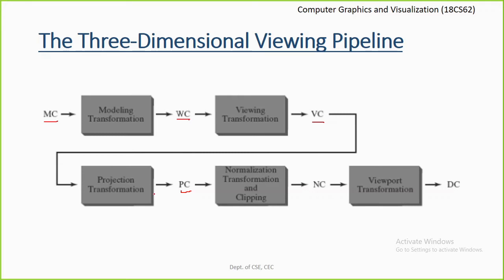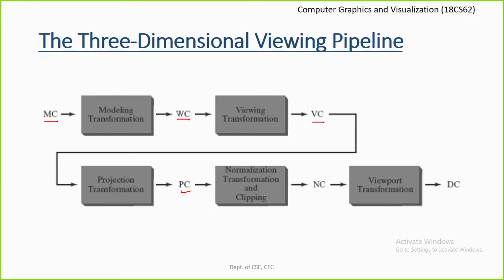That is what we call the projection transformation, which is used to convert the viewing coordinates to the projection coordinates. Once we have done that, we need to apply normalization to these projection coordinates as well as apply clipping. Identify which portions of the objects are lying outside the boundary areas and clip them. Also, normalize these projection coordinates within a given range, maybe from 0 to 1 or from -1 to +1. That is happening as part of the normalization, transformation, and clipping phase.